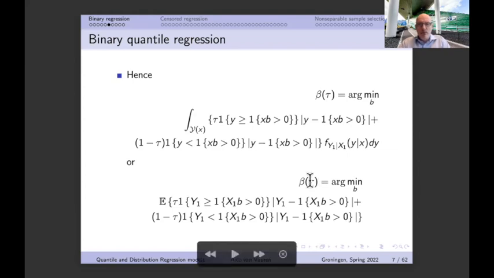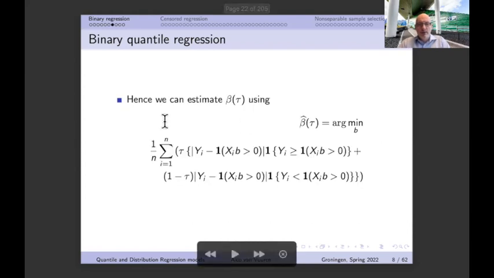But one thing we can do as econometricians is that instead of using here the population mean, we can try to estimate it by the corresponding sample mean. So what does that mean? Well, that means, of course, no expectation, but we're going to have a summation. We're going to sum over all the observations that we have over here, and we divide by n in order to get this thing that we have over here.